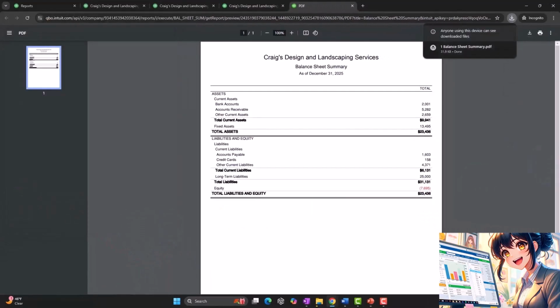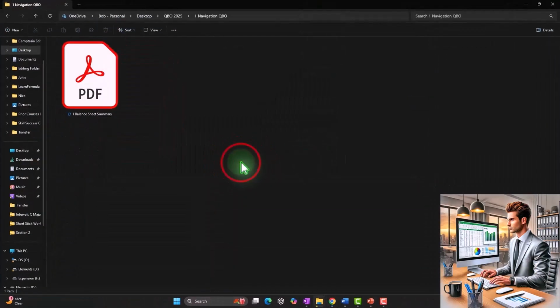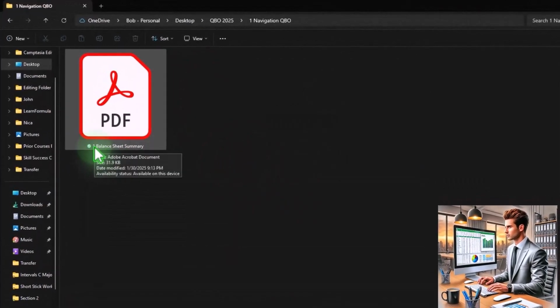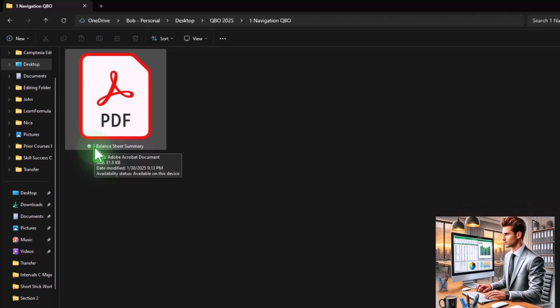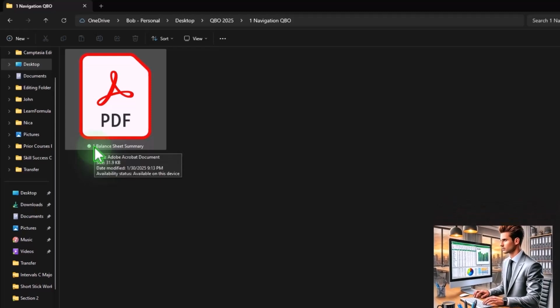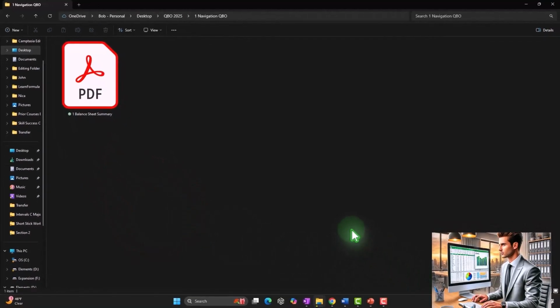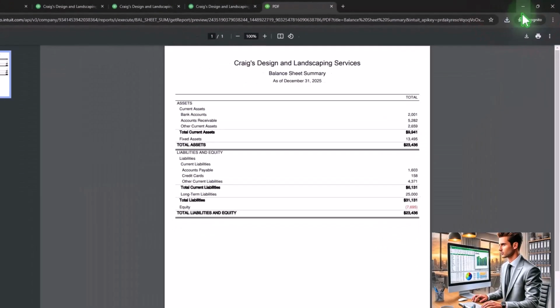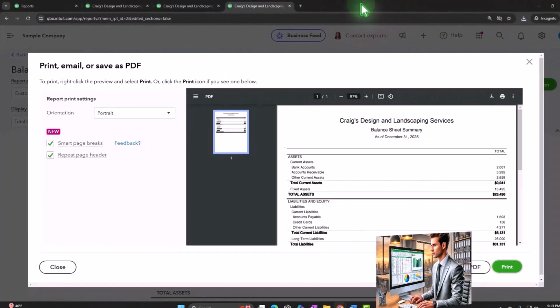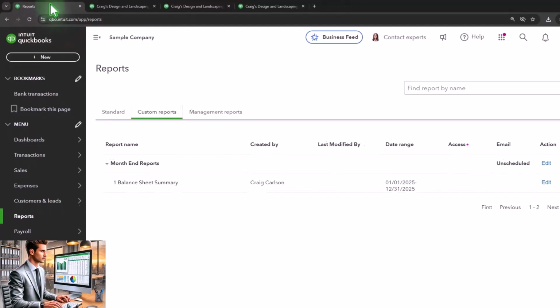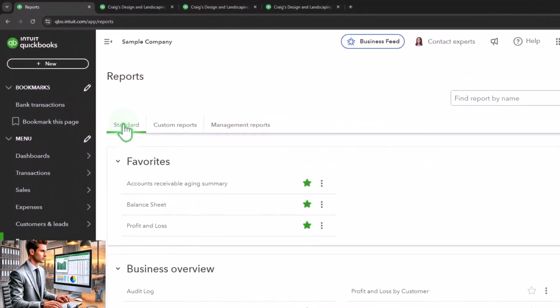And now the point is that now I have it in my folder here, and I have it numbered so that it will not just be numbered in alphabetical order. I can at least give some indication to the client as to the order of the reports they might want to open. So then let's go back on over and say, all right, let's keep it rolling. Let's do our next type of report. Going back to the first tab, standard. Let's open up another balance